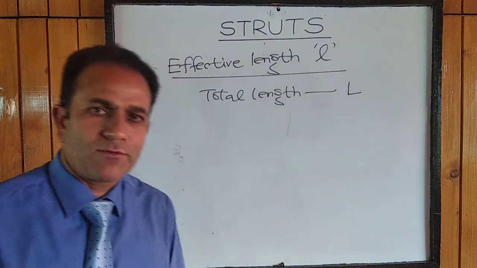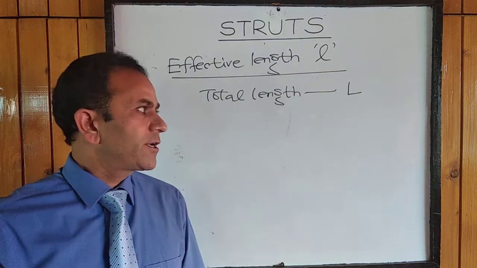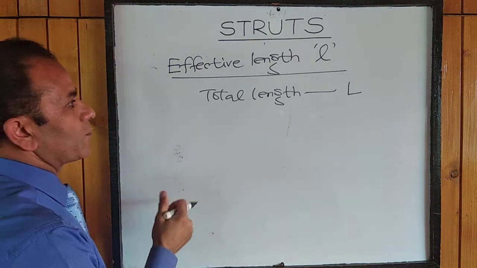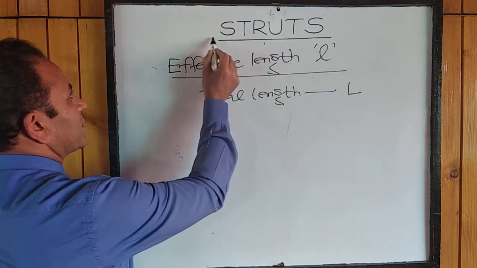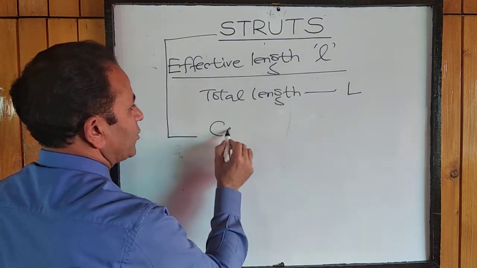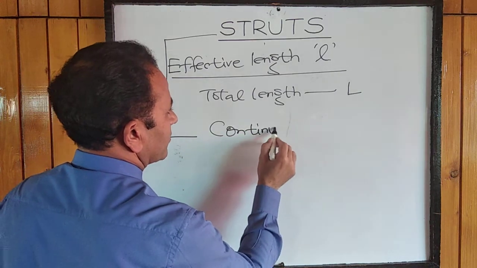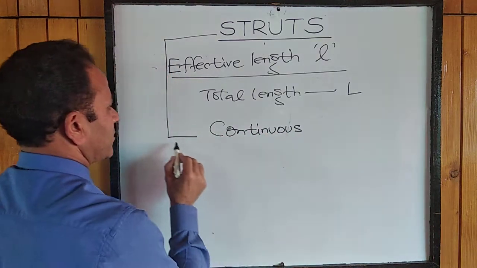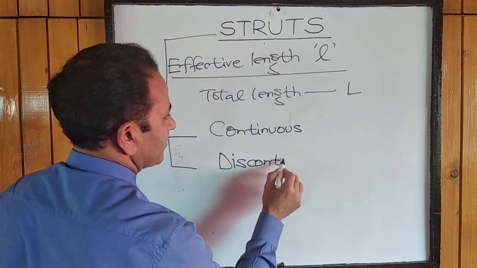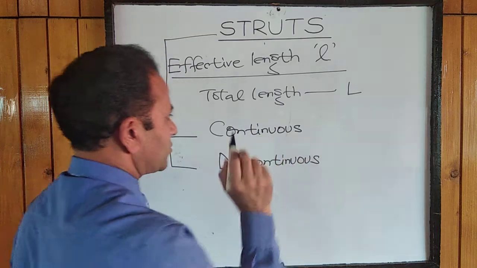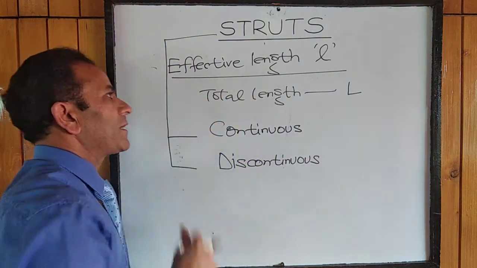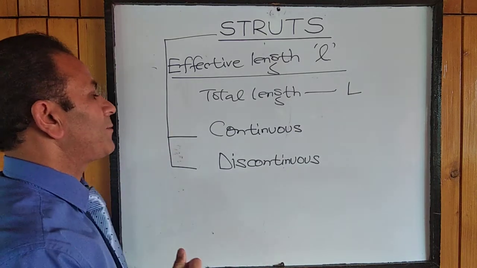Now this depends upon various factors: the type of strut, the members used in it, the end connections which we are providing. These struts are classified into continuous struts, or they may be a discontinuous member. So depending upon their continuity, whether continuous or discontinuous, we determine the effective length of that particular member